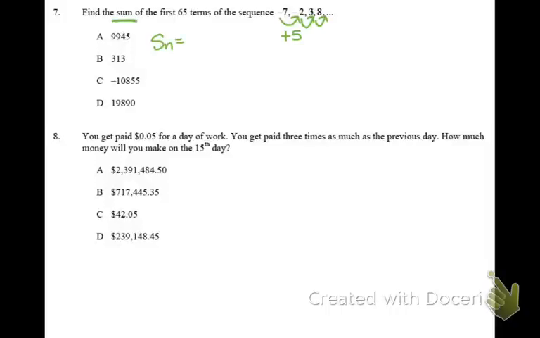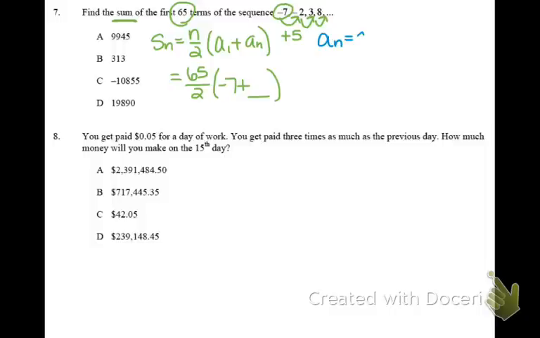That's Sn equals n over 2 times (a1 plus an). We know n is 65 since there's 65 terms that you're trying to add. We know the first term, which is -7, but we do not know an. Okay, we're not given that information yet. So what we can do is use the explicit formula for an arithmetic sequence. So that was this, to find